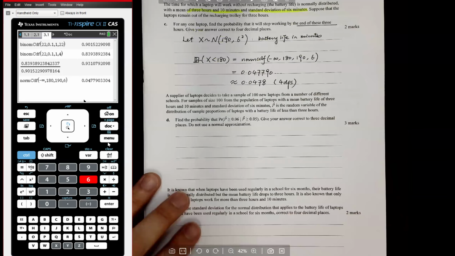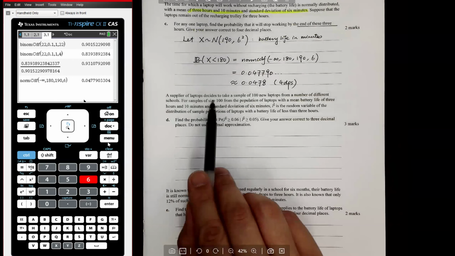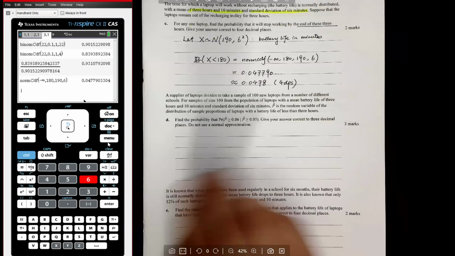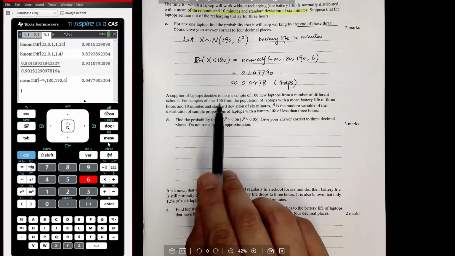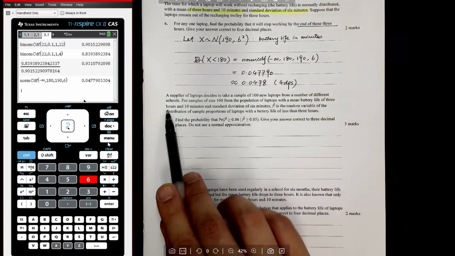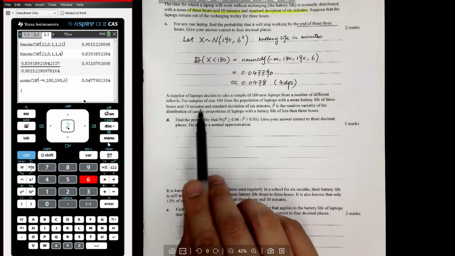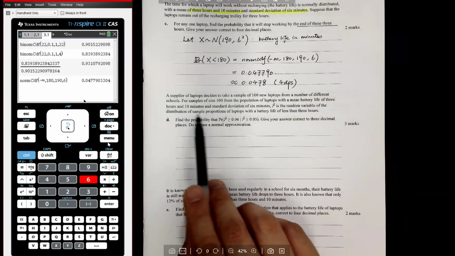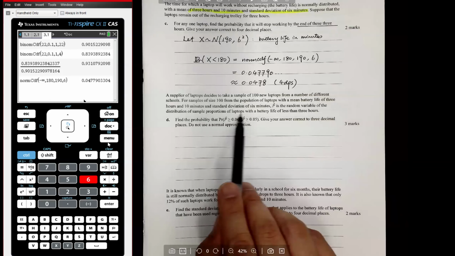A supplier of laptops decides to take a sample of 100 new laptops from a number of different schools. The sample of size 100 is from the population of laptops with a mean battery life of 3 hours and 10 minutes and a standard deviation of 6 minutes. P hat is a random variable of the distribution of sample proportions of laptops with a battery life of less